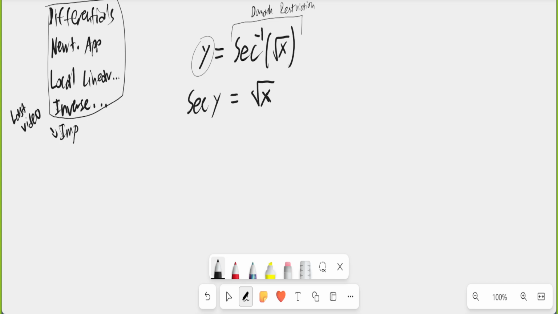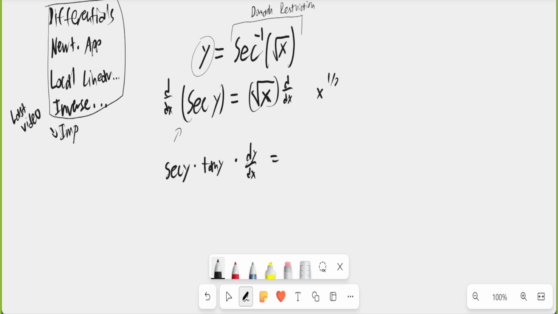So we take the secant of both sides, then take the derivative with respect to x on both sides, implicitly. It is secant y times tangent y times dy/dx is equal to,